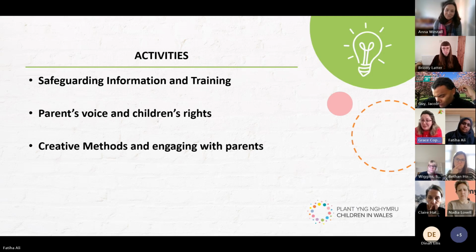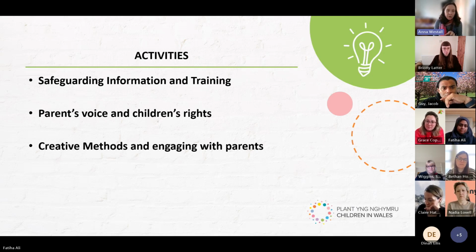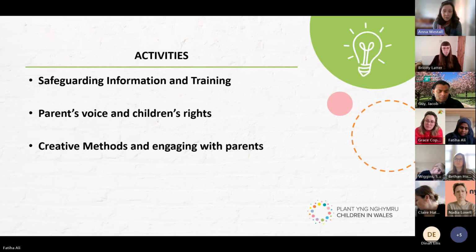I didn't note anything down though, so there's probably quite a few bits I did miss if anybody else wants to jump in. Grace actually took part, as she probably said to her group, in the actual consultation we did on behalf of Welsh Government around childcare. And as she mentioned, we did provide a small budget for the organisation that was working with parents to decide whether they incentivised it and gave parents vouchers for their time, whether they provided funding for the workers to carry out the consultation or provided refreshments, etc. We left that up to them.